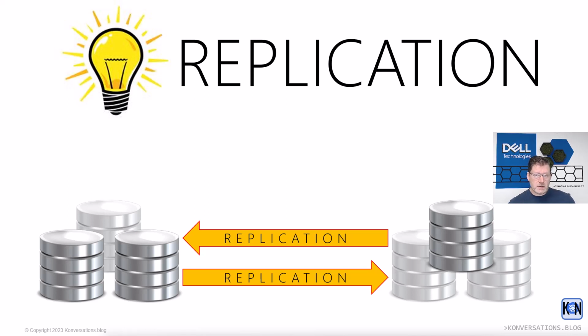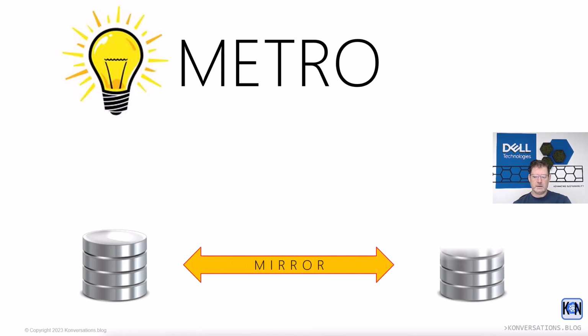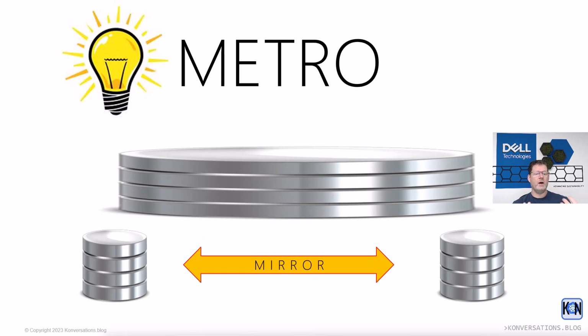So this is replication. Another form is Metro. And Metro is also a synchronous way of doing things. So it is limited to a certain distance, but Metro is slightly different from replication. What if I have the data in one location and I mirror that data to another location? So if I mirror the data and I have the storage layer basically simulate that this is one big volume, I can make it appear to whoever's using that volume that the volume is actually read-write capable and available at the same time in both of the data centers.